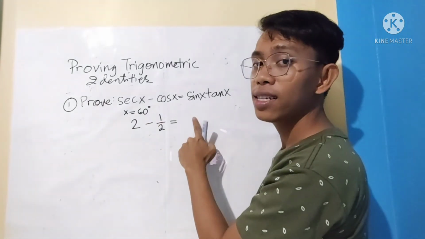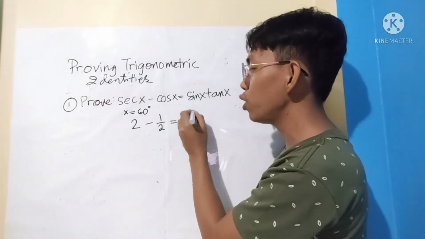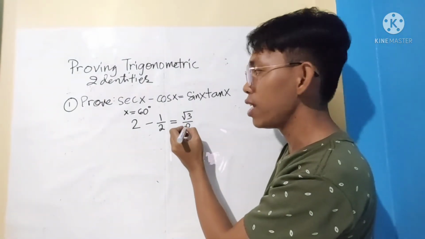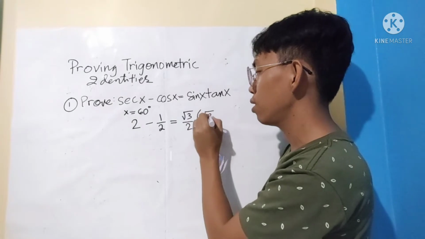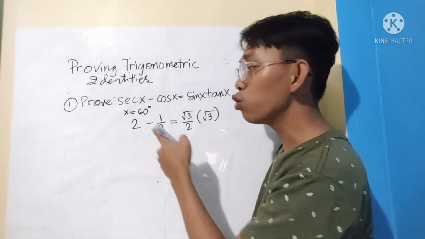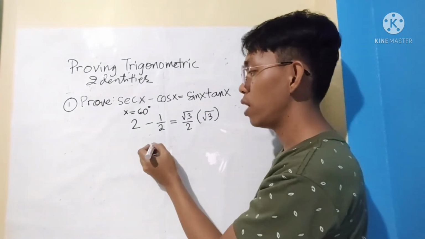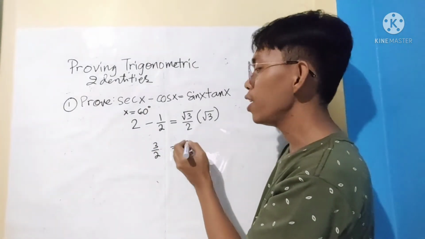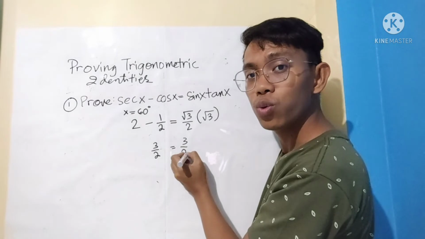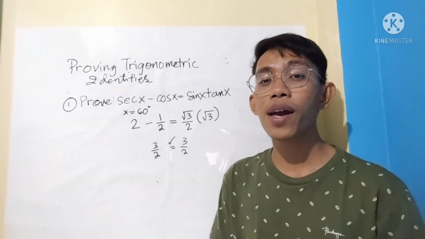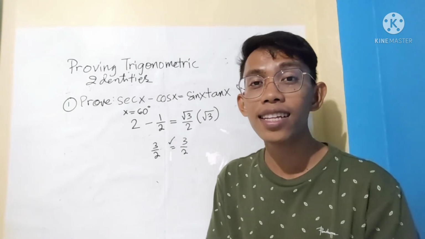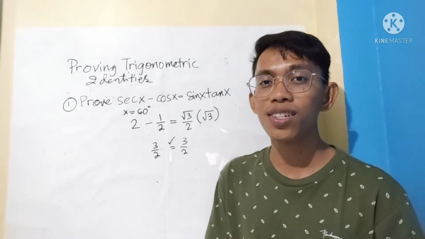Ang kanya namang sine is square root of 3 over 2, at ang kanyang tangent is square root of 3. Now, 2 minus 1/2 is equal to 3 over 2, while the product of these two expressions is also 3 over 2. Now that we have already verified that this might be an identity, pwede na nga natin siya ngayong